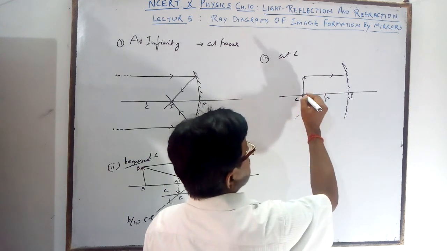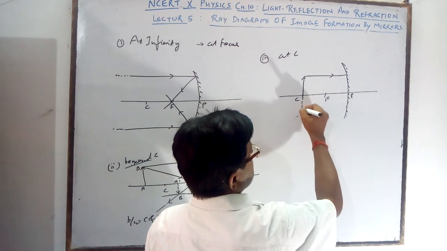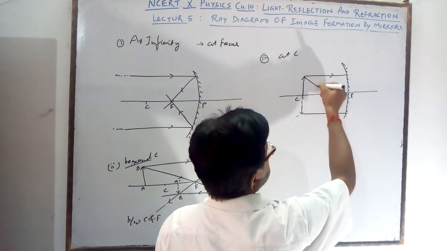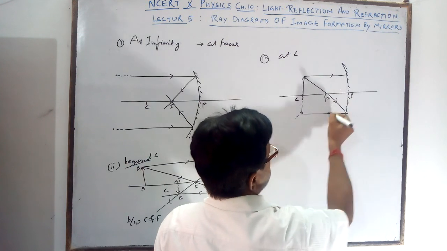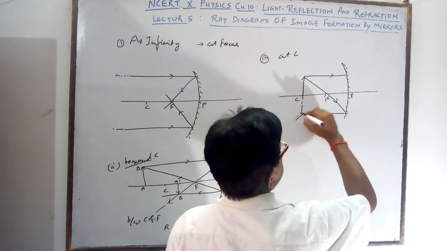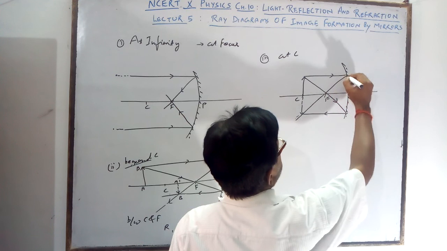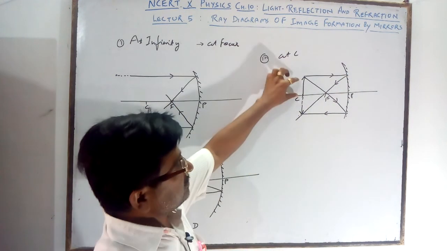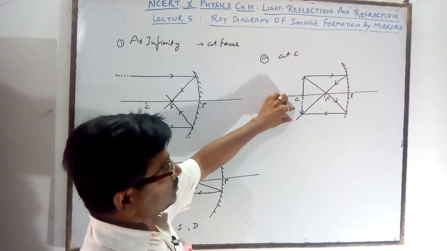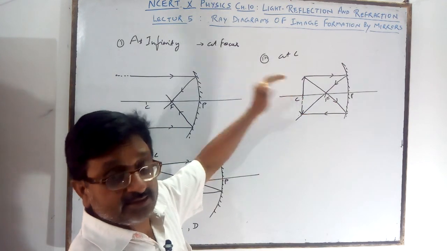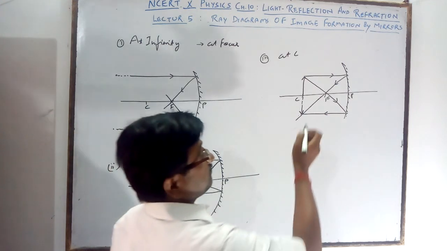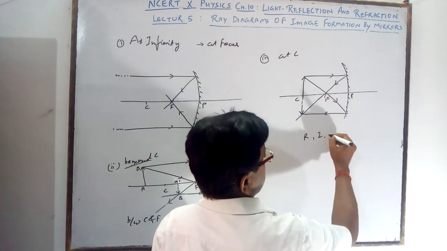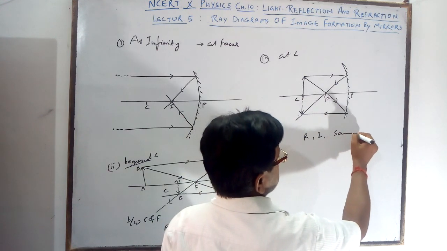So both the things you write. Both the figures you draw here, and from here you draw a line parallel to this. So it is parallel to the principal axis and it passes through after reflection. So it will be easy to draw when you draw both the rays. 1 centimeter, 1 centimeter, 2 centimeter, 2 centimeter. Same size at C, real, inverted and same size.